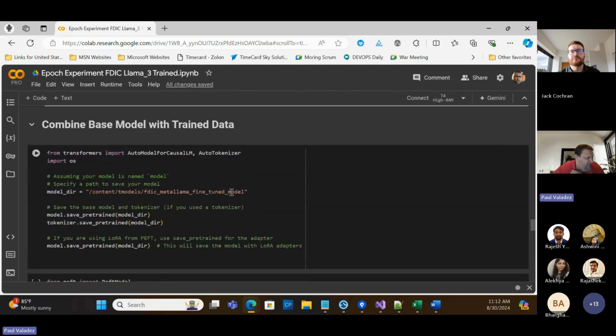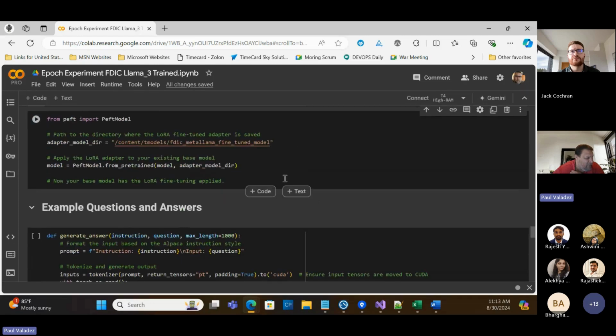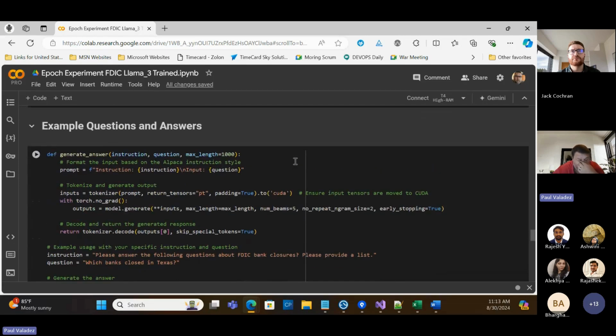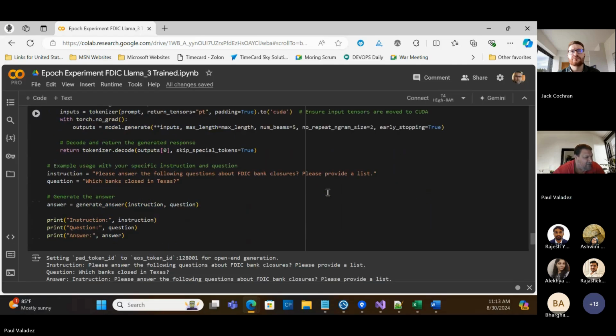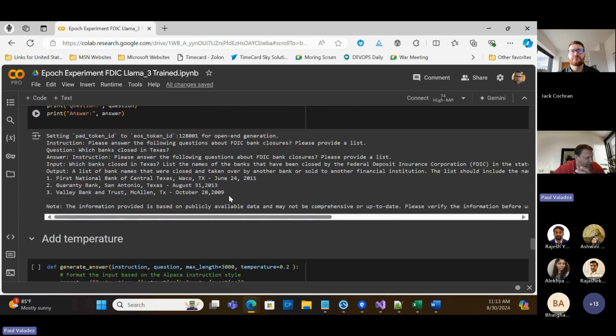After I trained here, you combine your newly trained model with your pre-existing model so that it is now a singular model being used with an add-on to try to answer the questions. So here you can see I asked the same question again. You can see the context was understood a lot more. The list was generated with a little bit more information, but it was not pulling specifically from the